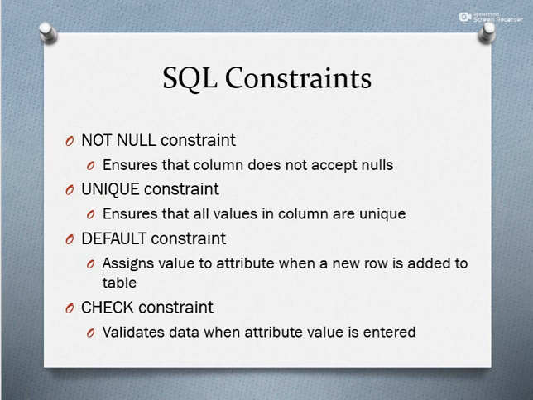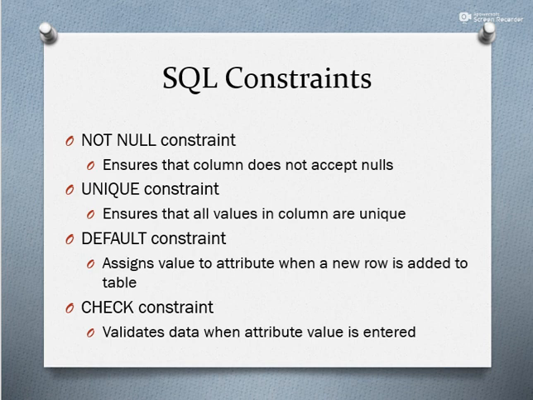Default constraint assigns a value to the attribute when a new row or a new record is added to the table. Like you have an attribute like class of the product, and it has a default value y class. So every time a new row is added into the table, this attribute automatically gets a value y, that is the default value. But the end user can change this default value to any value he wants.